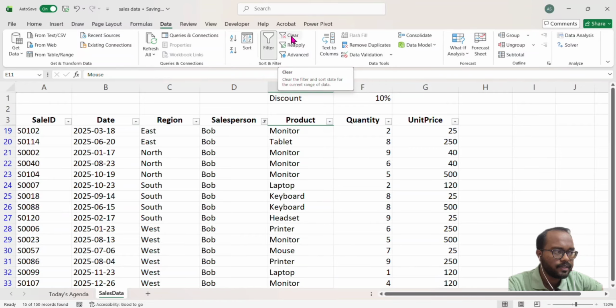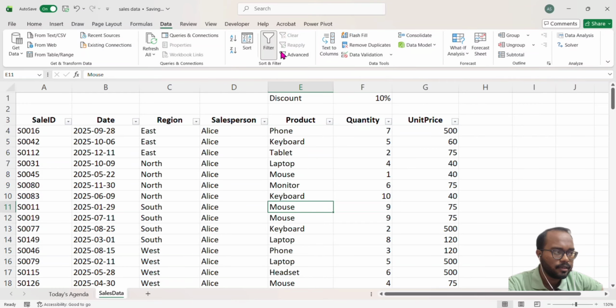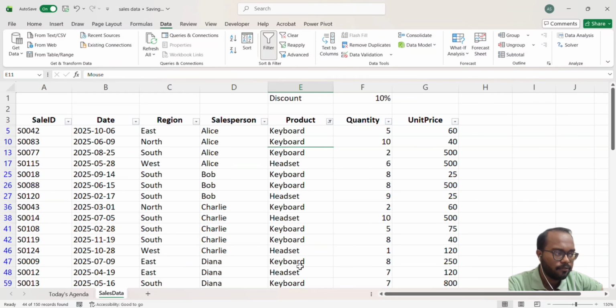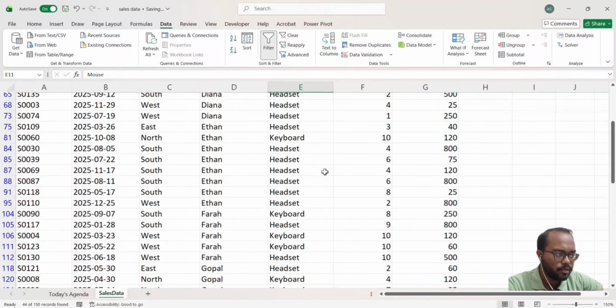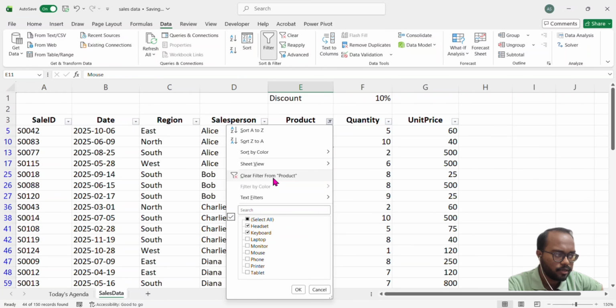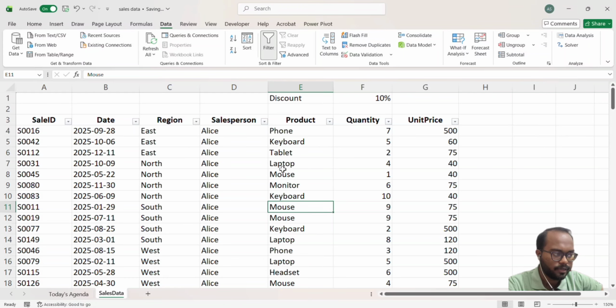Now to clear this filter you can select this clear button, or there is another method as well. Suppose here I want to see the cells of headset and keyboard. Okay, now I have pressed OK. Now I can only see the cells of headset and keyboard, and now come to this drop down over here again, see, Clear Filter from Product. Okay, so again the filter is being cleared. Now let's jump into